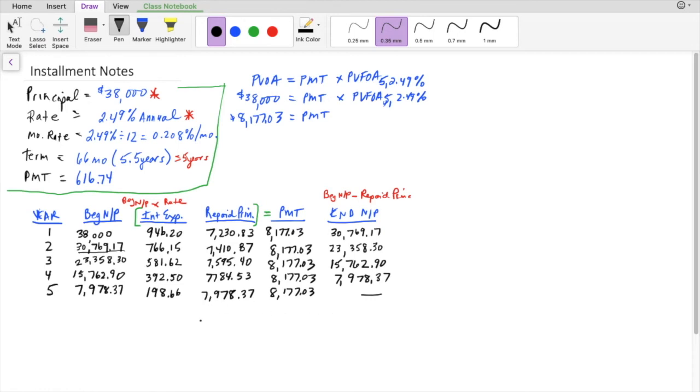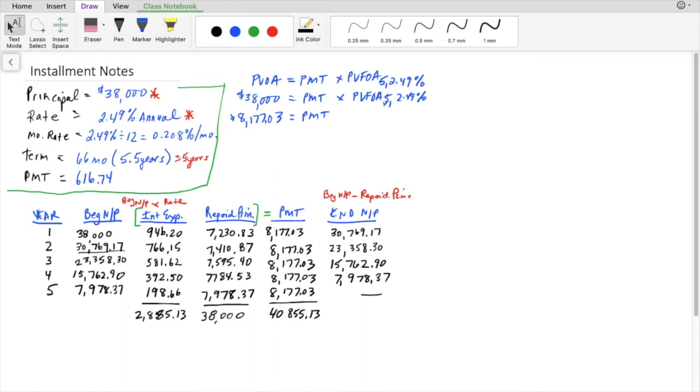So when I look at my amortization schedule here, I've got a couple columns that are important information. The payment column: I made 5 payments of $8,177.03, which means in total I paid $40,885.13. The amount I paid off of my original loan is $38,000. That's what I should have in my repaid principal column, which means that I paid $2,885.13